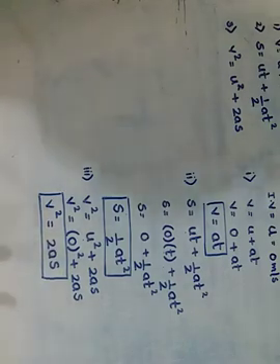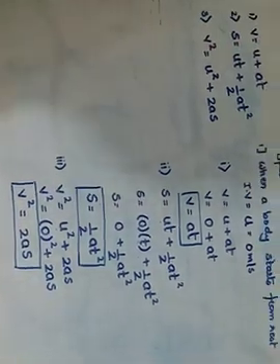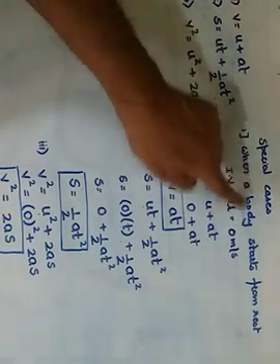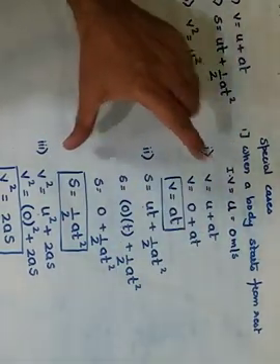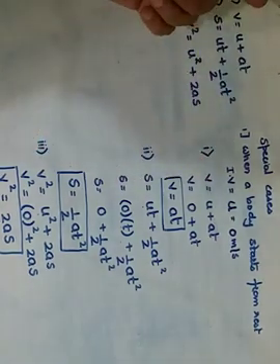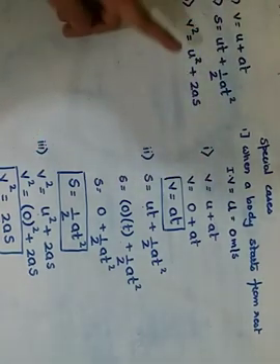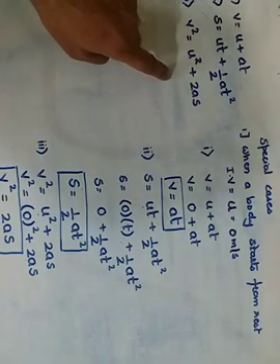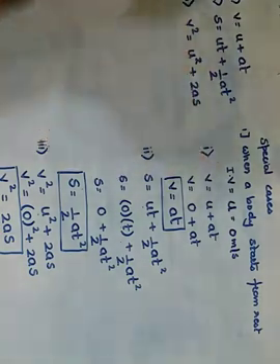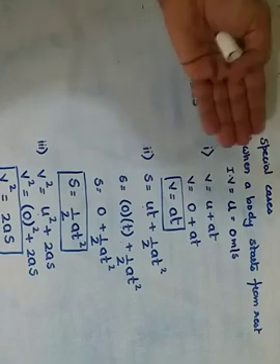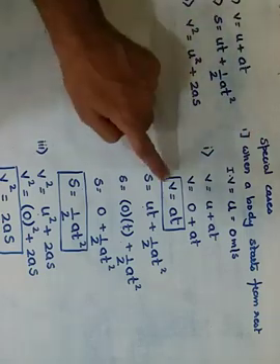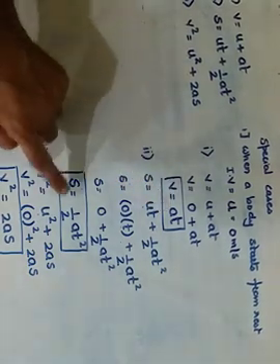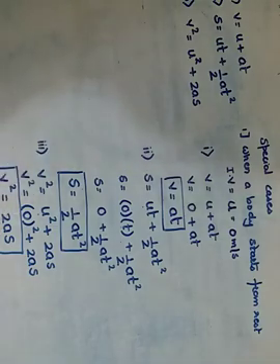If it is mentioned that the body starts from rest. Getting it? You can apply the formula directly, or you can solve by the normal equations. You can get the answer using the normal equations too, but they can ask you in the exam to mention the special cases. So I have given you the complete proof of how the values are derived. v is equals to at, s is equals to half at square and v square is equals to 2as.